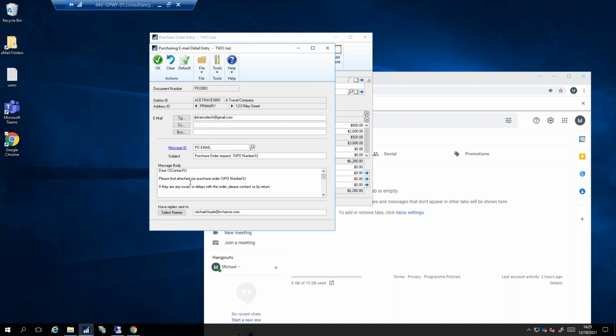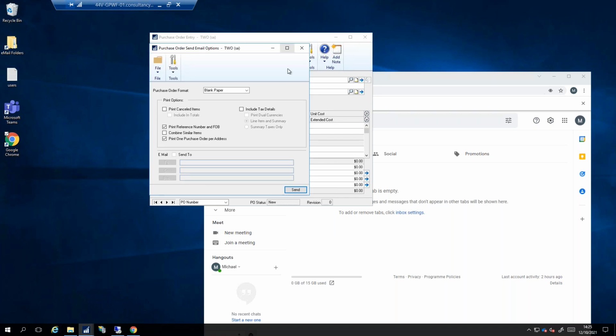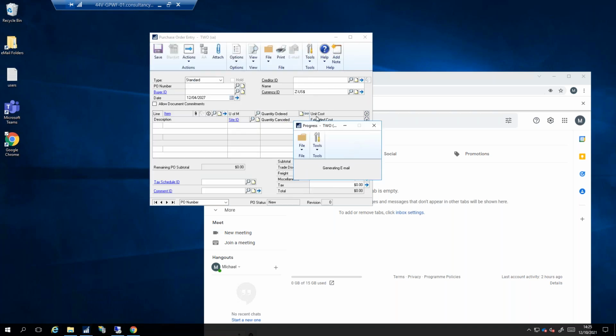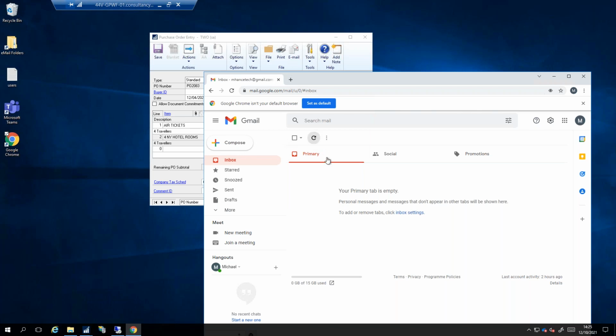supplier, dear, and their contact number. Please find the PO number, and there's some text here, and it's going to reply to me. So I'm quite happy with all of that. I can say okay, and if I hit email on that, it's going to go to blank paper. I hit send. We can see this is progressing. Okay, and if I come to the end of that, we can see there that this document has now been released. Okay, and in a little bit of time,